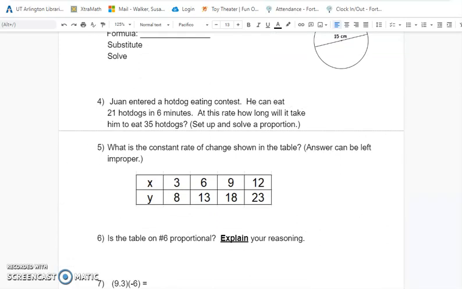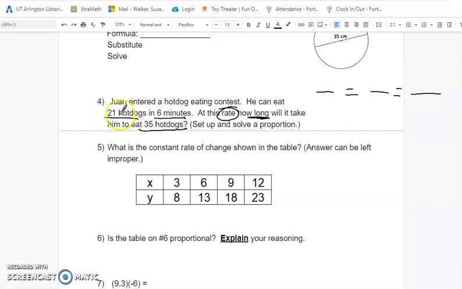Number 4. Juan entered a hot dog eating contest. He can eat 21 hot dogs in 6 minutes. At this rate, how long will it take him to eat 35 hot dogs? How long will it take? So we're talking about time. Set up and solve a proportion. So I'm going to have you do this because there's nothing tricky about it, but I will, just as a reminder,